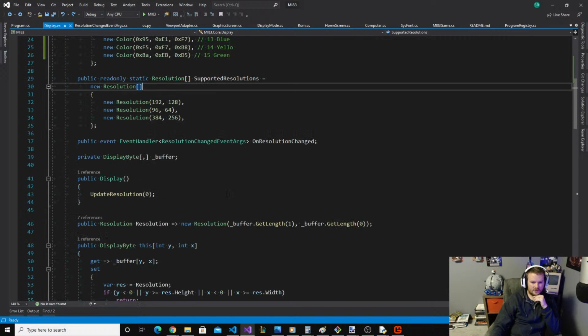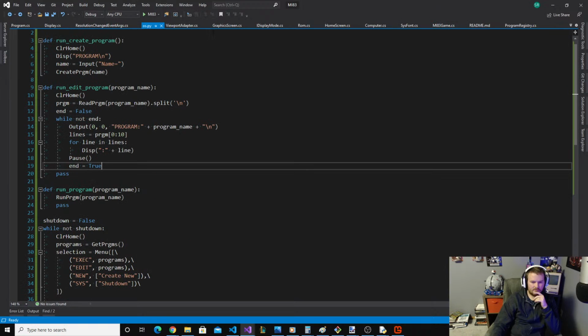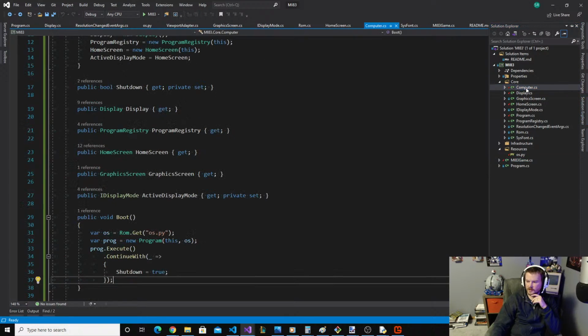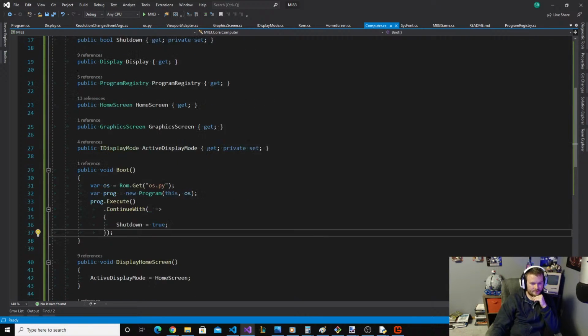So I could have the cursor instead of wiping itself. Let me do that really quick. So well, the cursor, like,